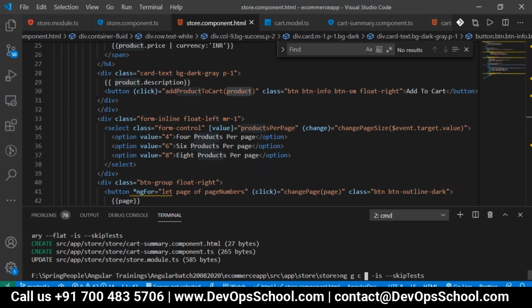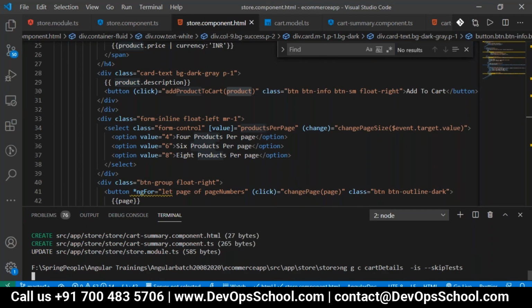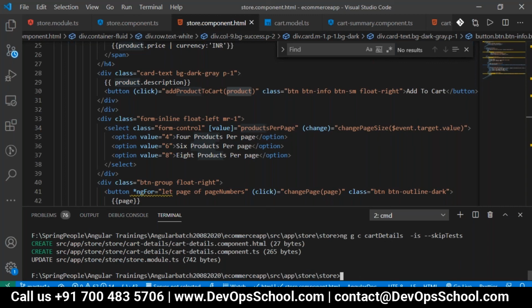So I want the checkout module. First, I want the card details component, ng g c card details, and I want ng g c checkout component.